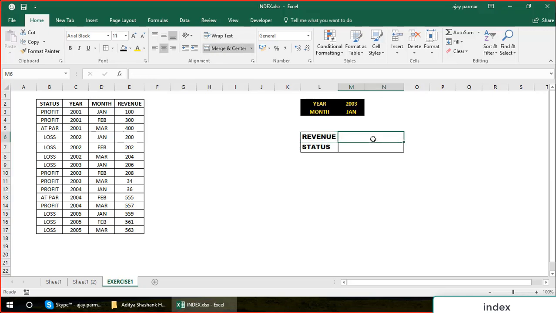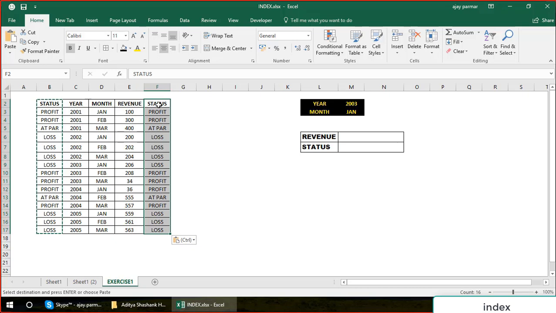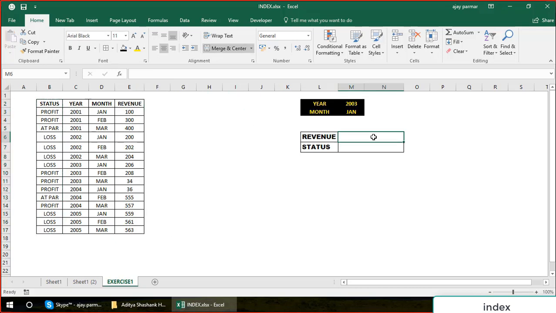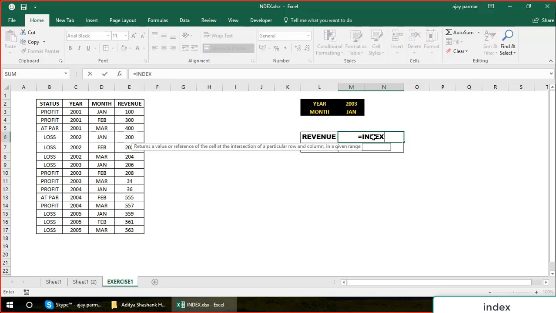So first of all, when I look at this data, my first choice should be index, because your status is actually coming before your year and month. So I don't want to use the VLOOKUP, because if I have to use the VLOOKUP, I have to copy this data and I have to put it here. I will avoid that. So my first choice would be index. So how are you going to use the index? Now understand one thing. If you use the index,